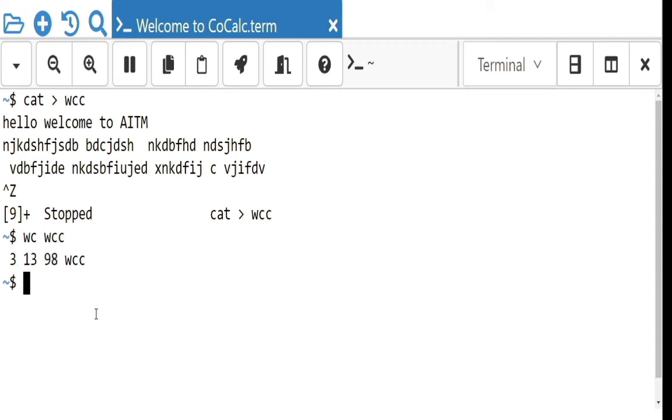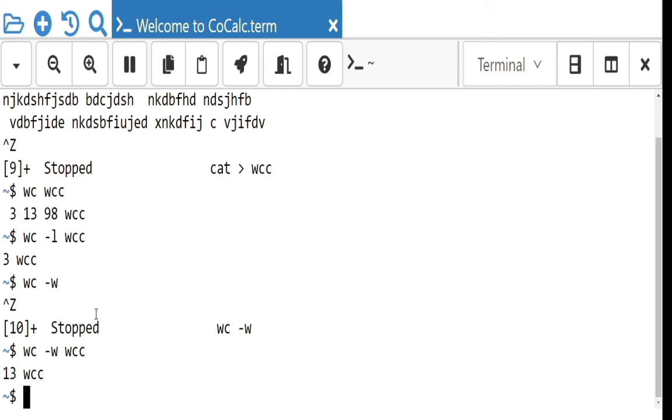Understood? Then next, with the options, the first one is wc minus l, just to display the lines. So only 3 lines are there. Then wc minus w. So here 13 words are there.